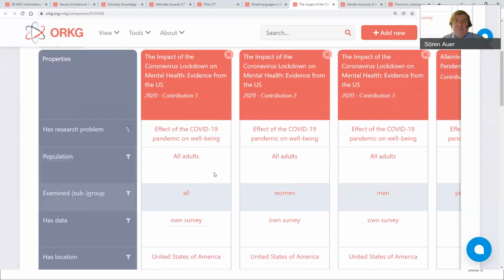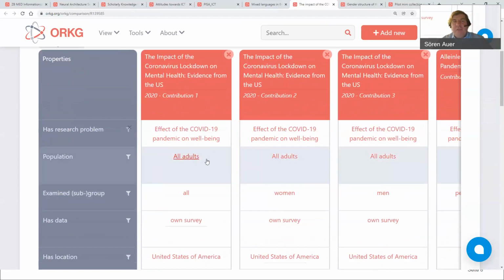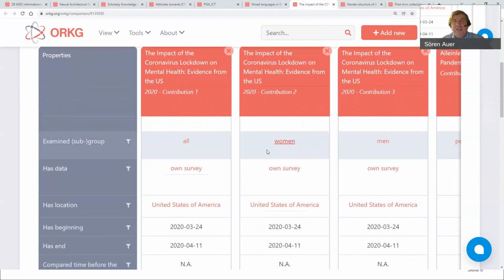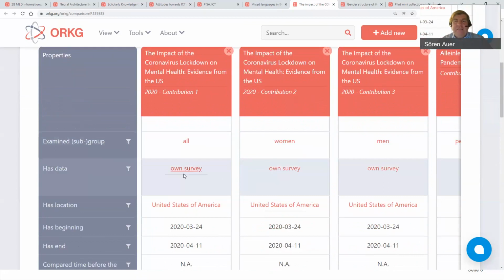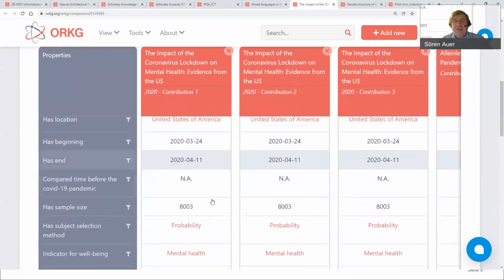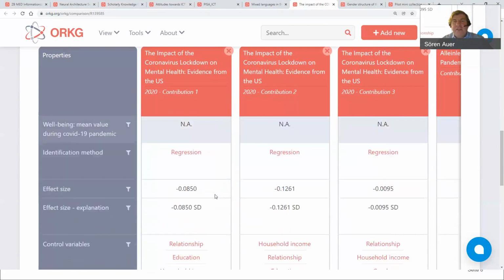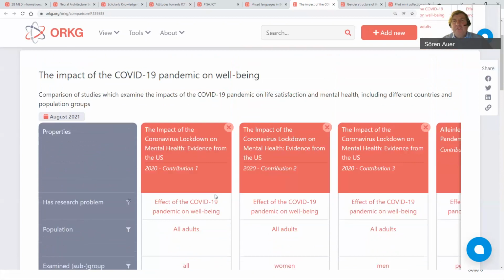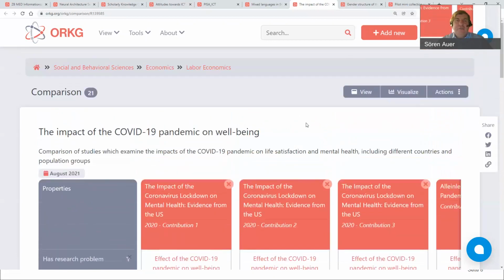and describes basically the content of these different studies in terms of which part of the population was addressed, the subgroups, for example, the second one here, particularly addressing women, then the data which was used, either own surveyed or other data, the geographical coverage, the temporal coverage, and so on and so forth. And this allows a nice comparison of these different social science studies here related to well-being in the COVID-19